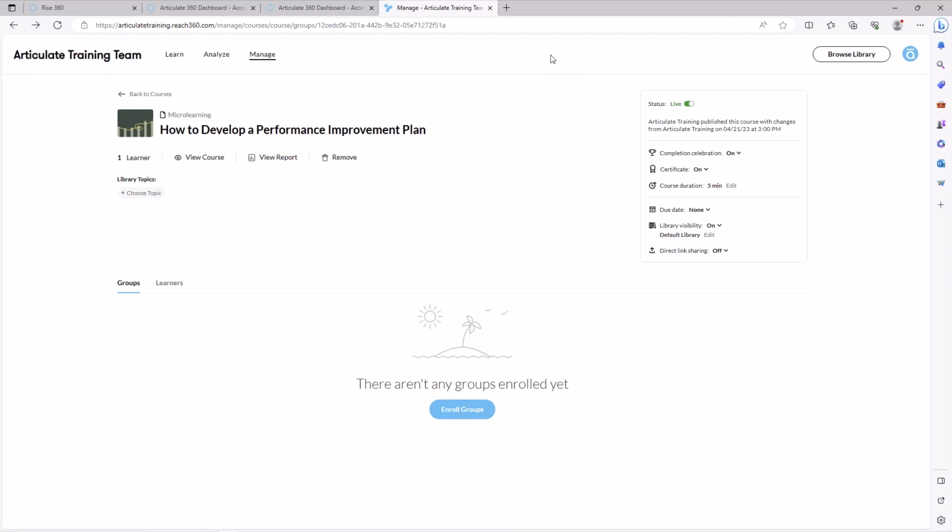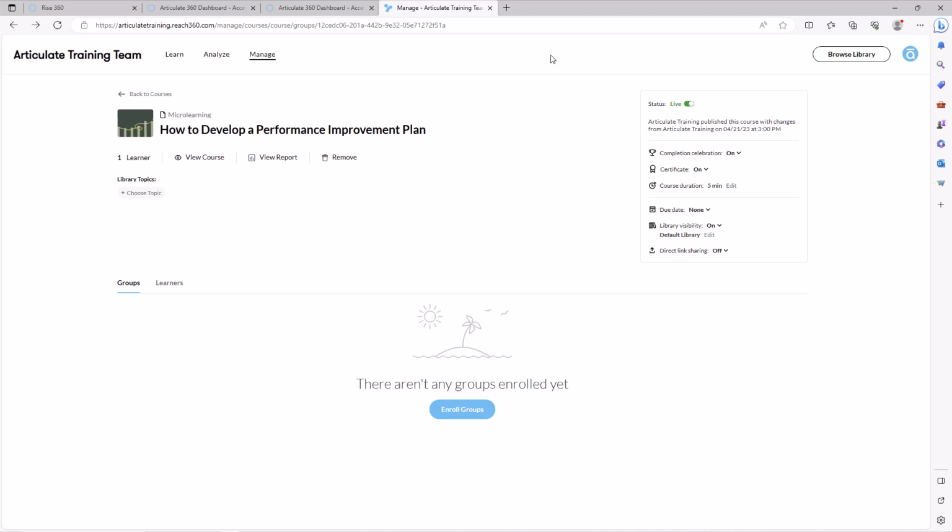Okay, so one more new feature that recently dropped, and that is the ability to connect Slack with Reach 360. So Slack, we use Slack here at Articulate. Slack's used by thousands of companies to connect people with helping them get more done. Now, what you can do with Slack when you connect it is you can actually send messages to learners. You can display a rich thumbnail along with the link of any courses that you drop links in to. You can also get notifications for things like courses when they're past due or if they're due, and then successful logins from Reach to Slack.